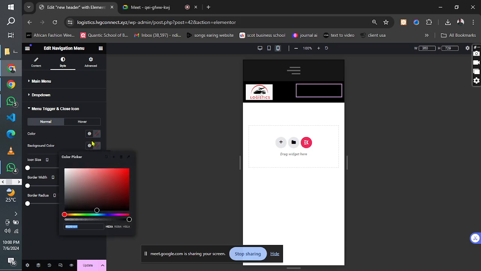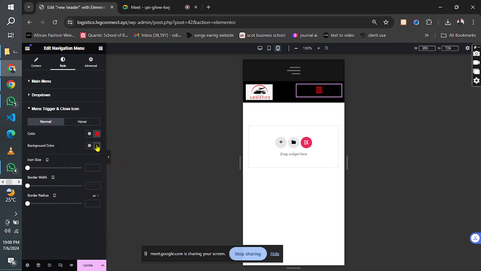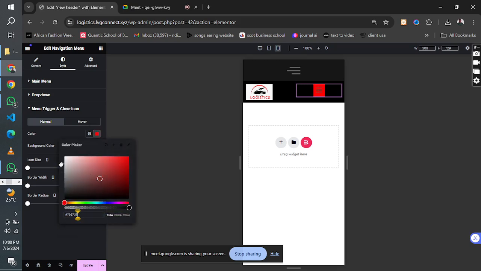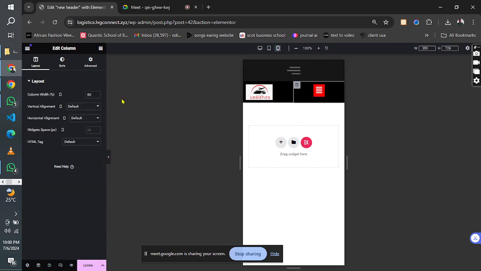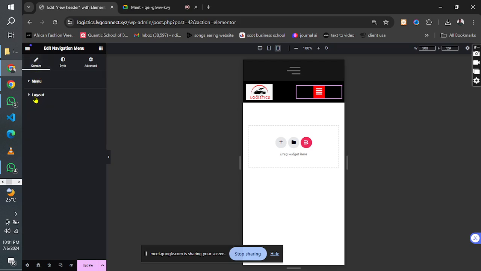Okay, so I give this a color of red, and I give this a background color of white. Is that okay? Oh, let's give it a color of red, background color of red, and a color of white. Okay, this should be okay. And let's say I give this a vertical alignment to the middle, and I try to put the horizontal alignment to the right. Okay, layout